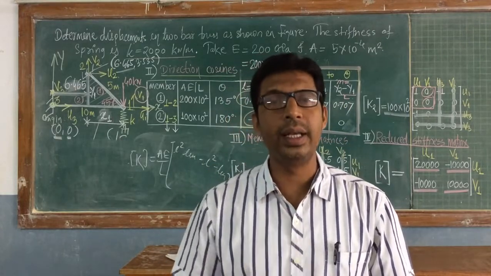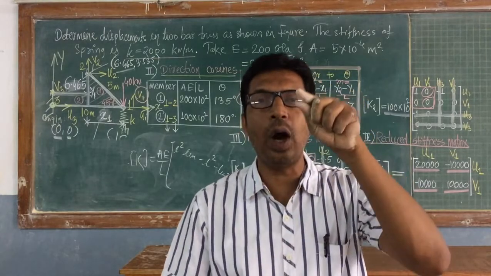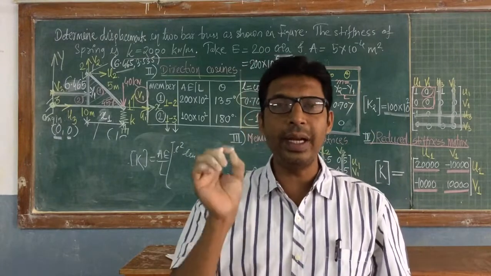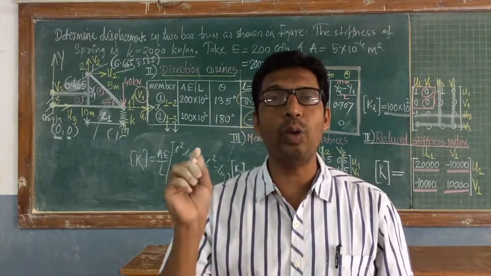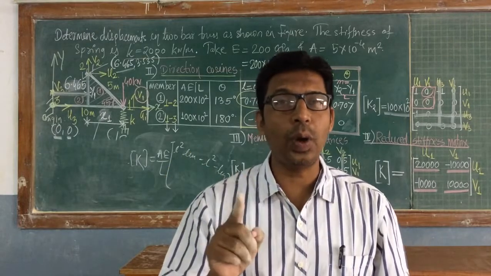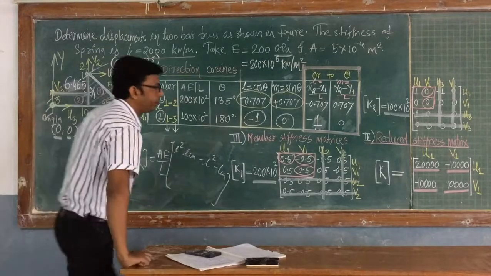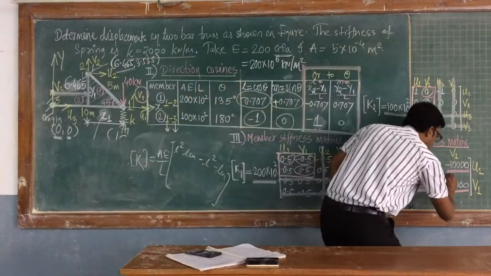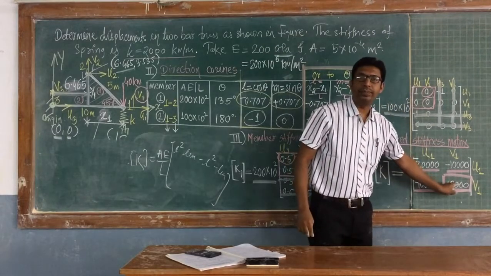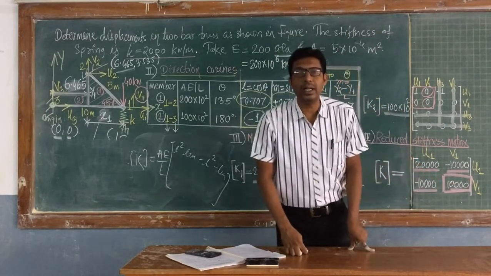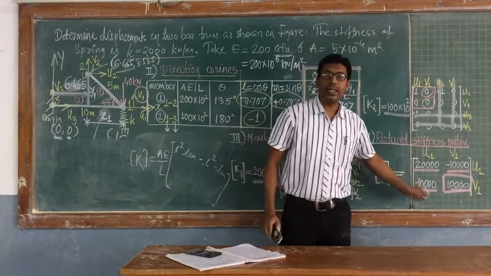Okay, please understand. Since the spring is compressed vertically downward, it will deform vertically. The displacement corresponding to the spring is V1, and the stiffness of the spring we have to add in the element corresponding to V1, means which element? In this element we have to add the stiffness of the spring. So the reduced stiffness matrix will be equal to